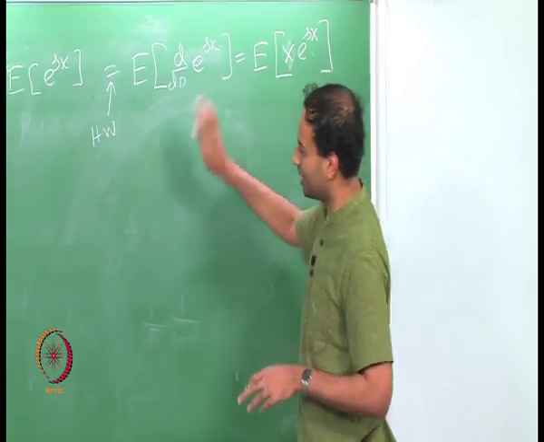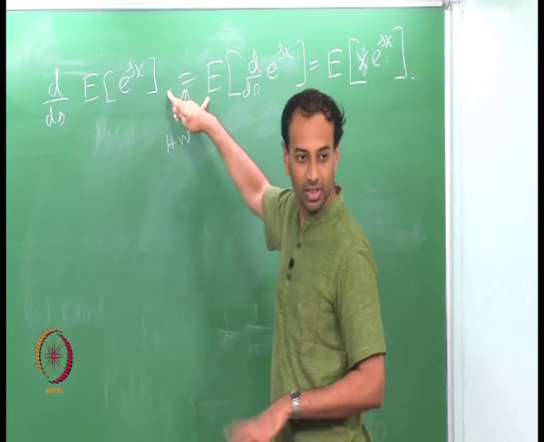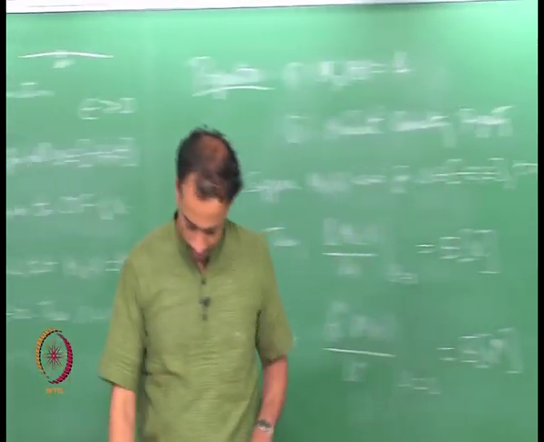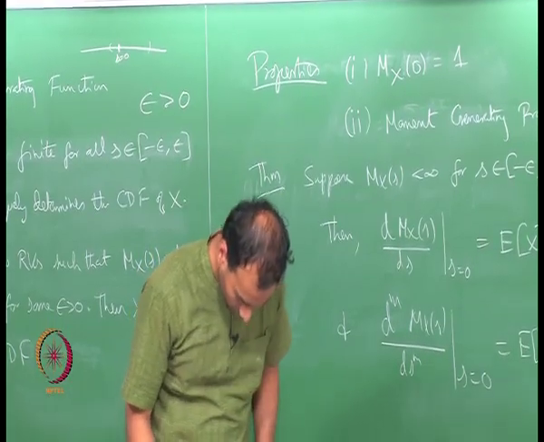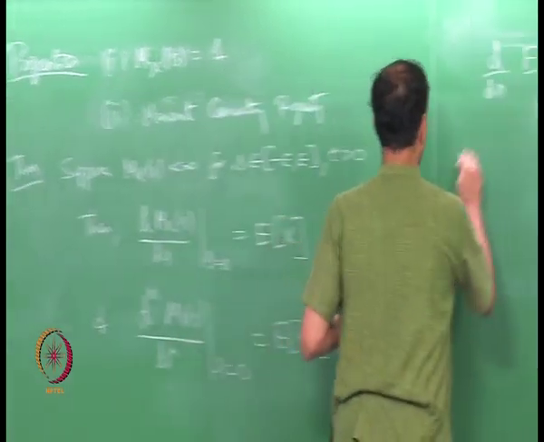I will not say anything more about the proof, because you will supply this step and then you are fine. So, that is property number 2. Property number 3,